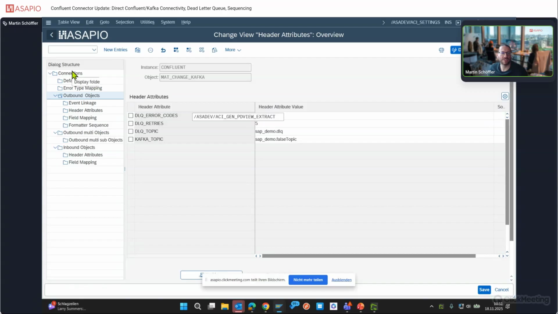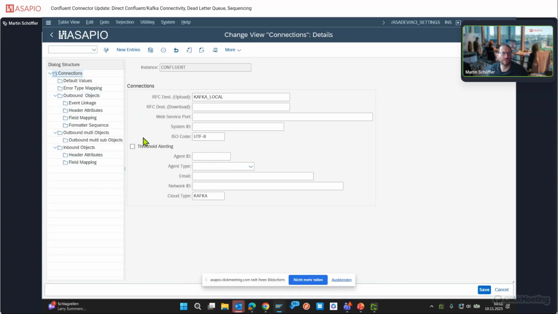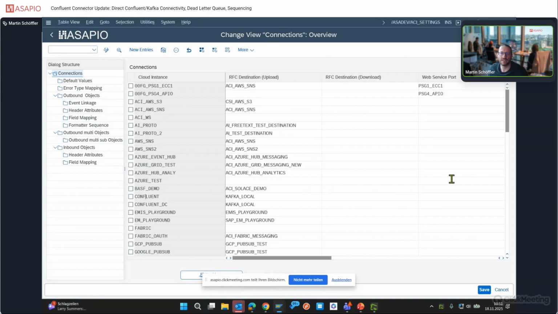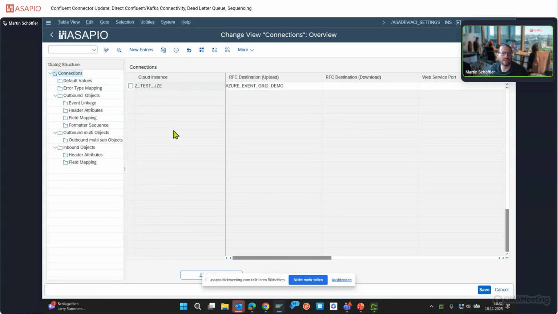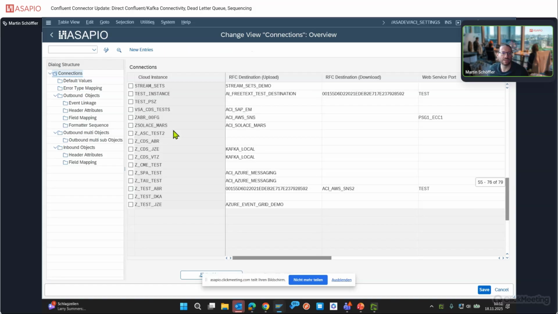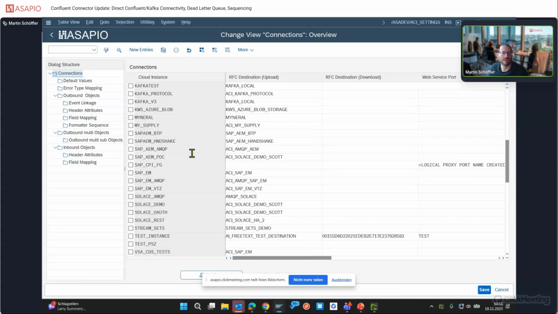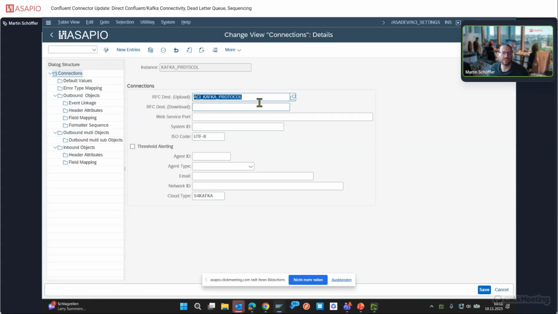So we have separate connections. This one was using our normal REST-based connectivity, but we also have a configuration using the Kafka protocol. Let me quickly scroll there. So you can see that we are using a different RFC destination than we used for the other one,